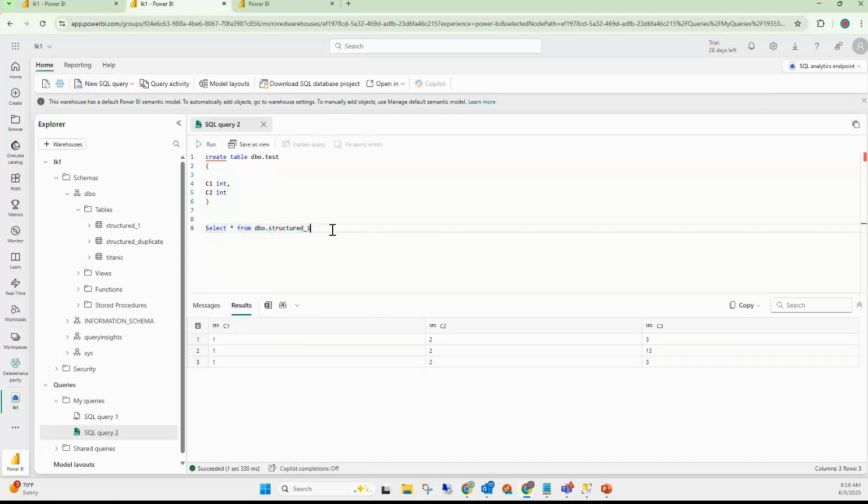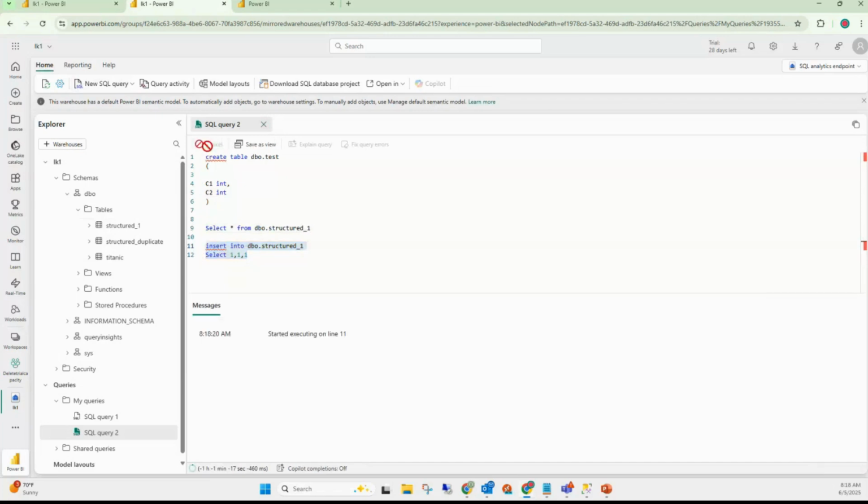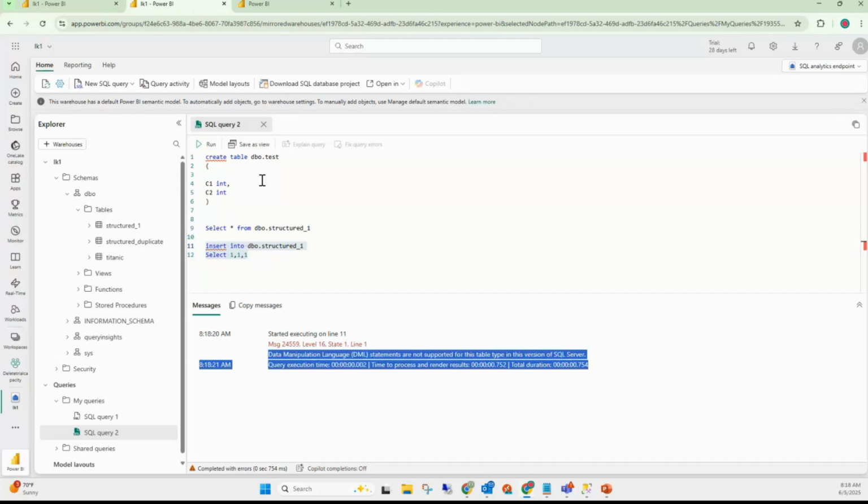So this is my table, correct? So now let me insert into dbo.structured1 value select 1, 1, 1. Now you all can see, correct? Data manipulation language statements are not supported for this table type in this version of SQL Server. Meaning,